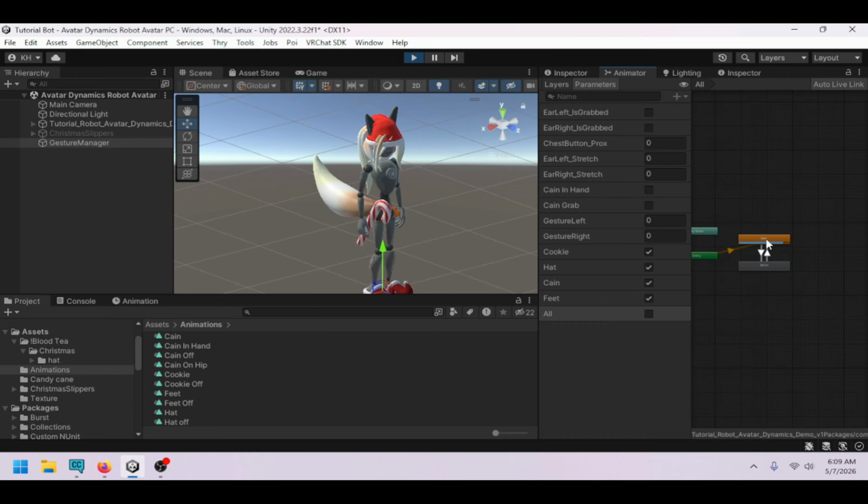And technically I could make this also toggle everything off, but that will get